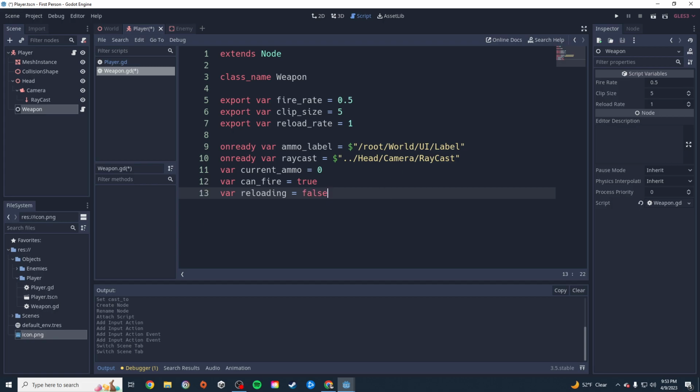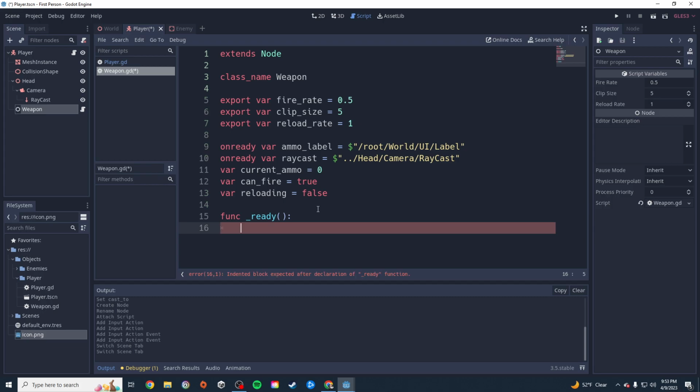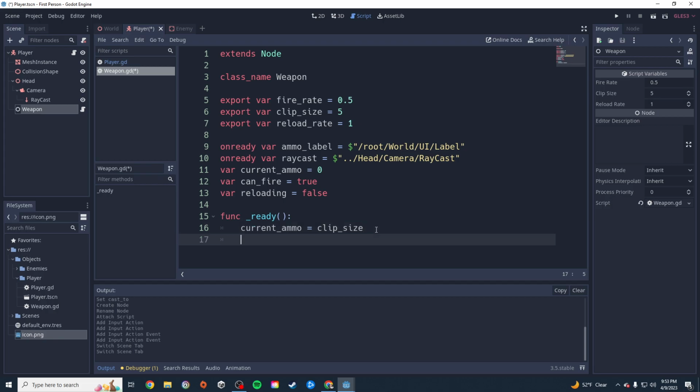Okay, now when we start the script, when this comes into being, we want to give our player a full clip of ammo. So we'll say func _ready, and we will set current ammo to be equal to clip size. There we go. So then when we start, we will have a full clip of ammo. Then inside our,